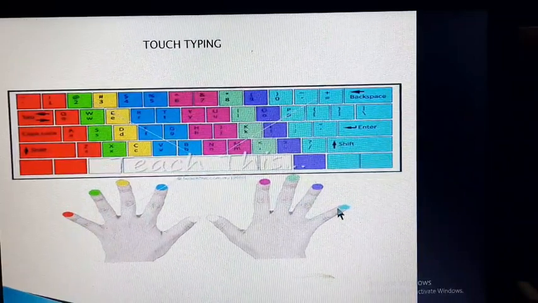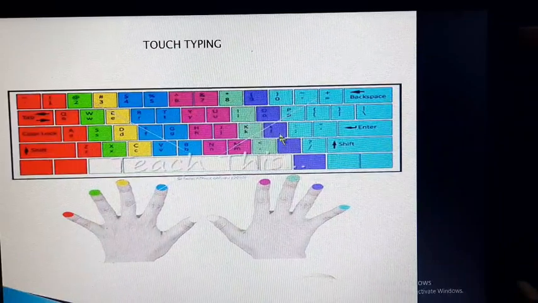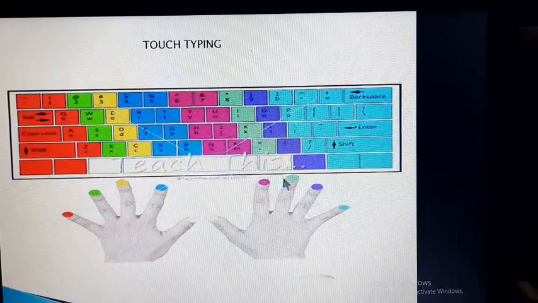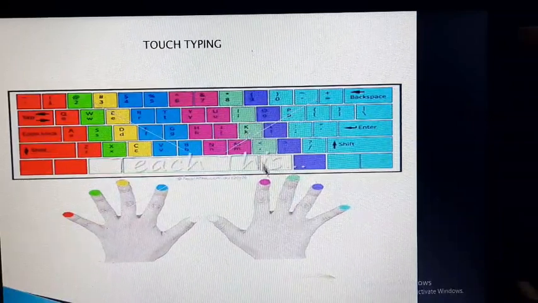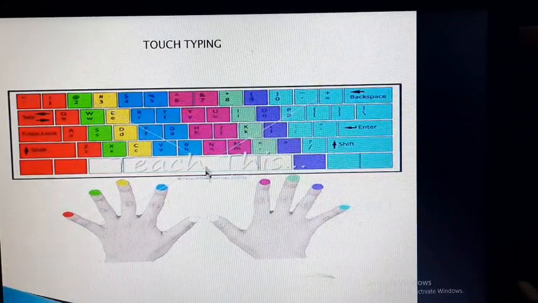On the right hand side, the little finger rests on semicolon, then the ring finger on L, the middle finger on K, and the index finger on J and H.